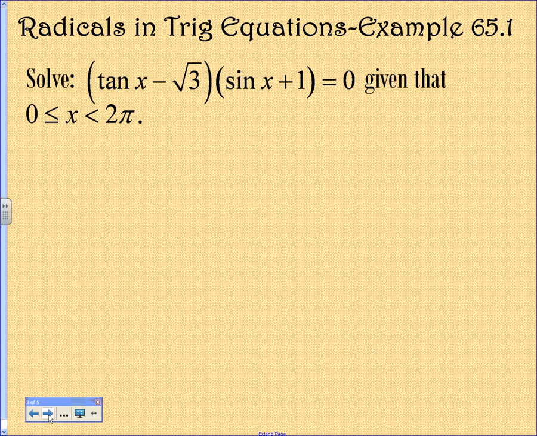Any ideas? You do not want to FOIL. That would be a bad thing. Yes, tangent of x